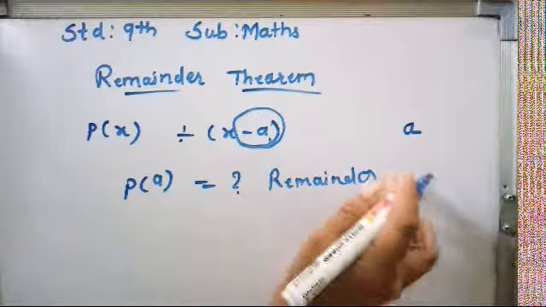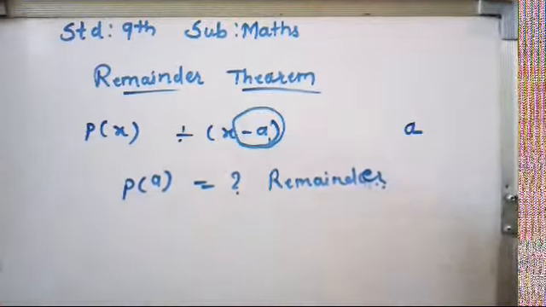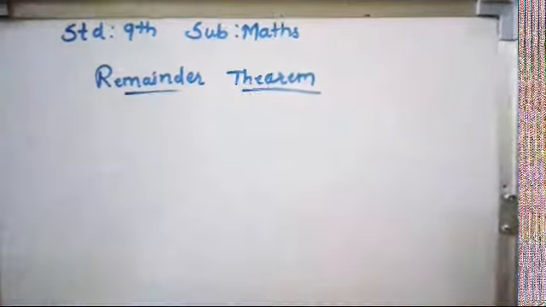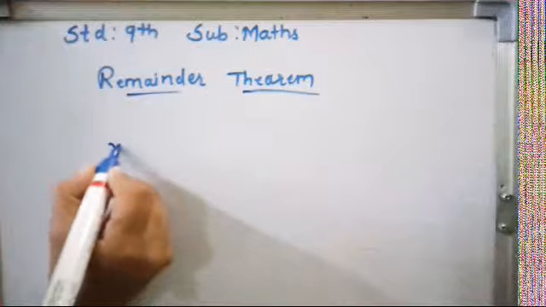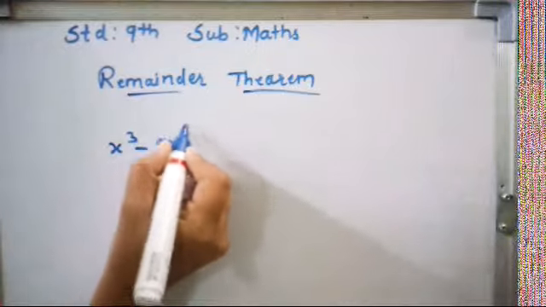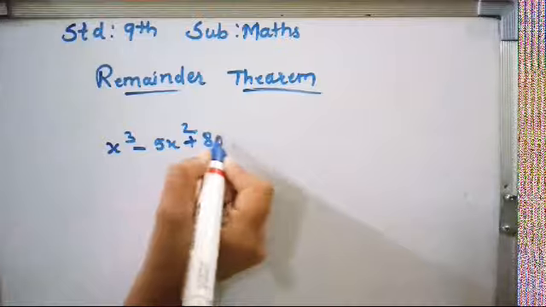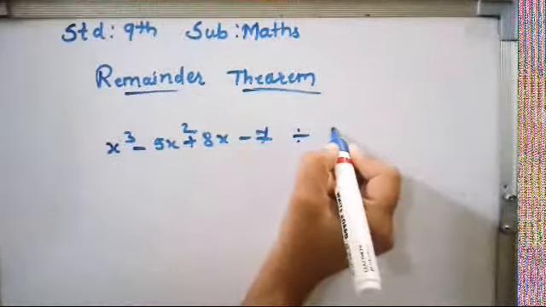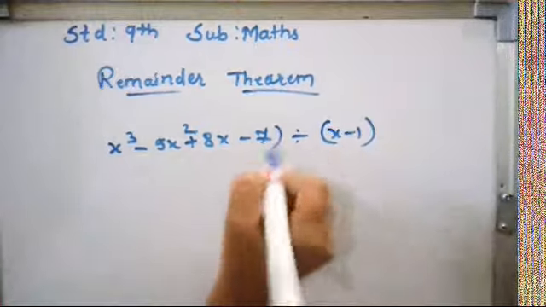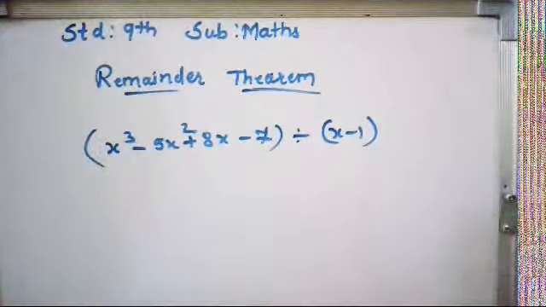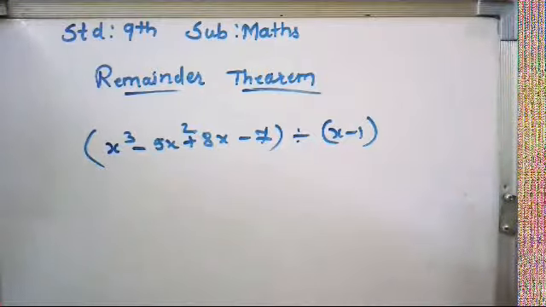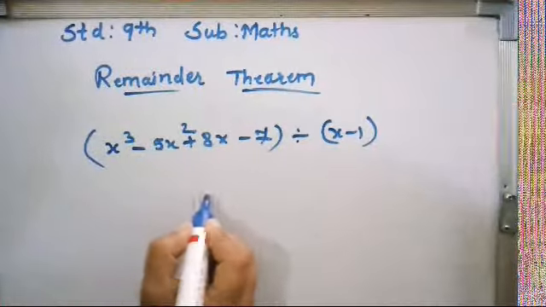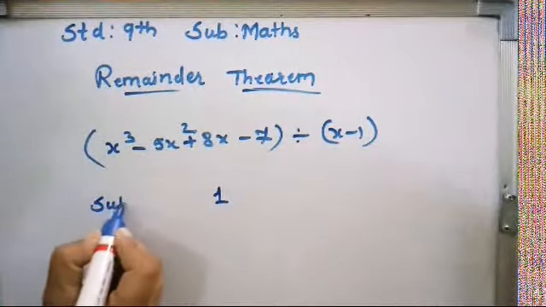Okay, it is very simple. It will be better understood by an example. So let's see an example. Suppose x cube minus 5x square plus 8x minus 7 is the polynomial equation which we have to divide by x minus 1. Right? So, according to the remainder theorem, the opposite of this minus 1 is 1. So here we will write